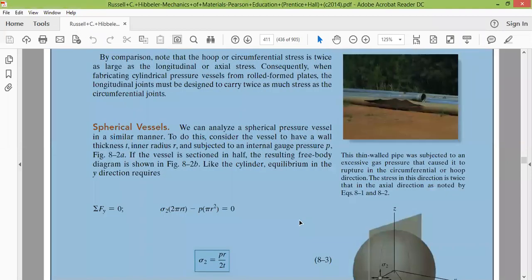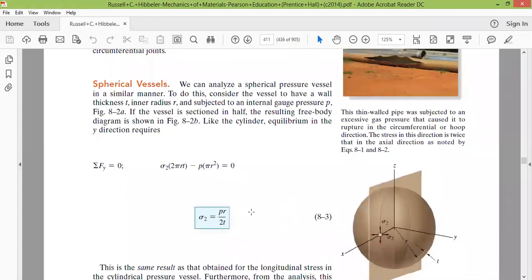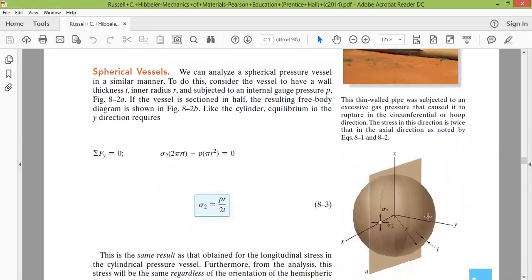Now we have another type of pressure vessel, what we call a spherical pressure vessel. The spherical pressure vessels are spherical in shape. They are often used for storage of water. You might have seen spherical pressure vessels in your localities for the storage of water in the form of water tanks. Now like you have a cricket ball,